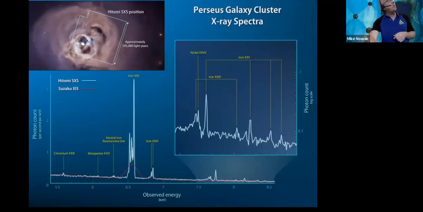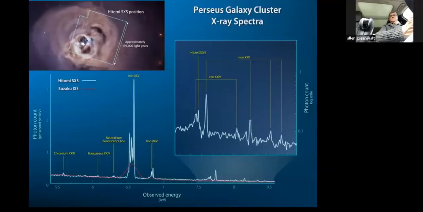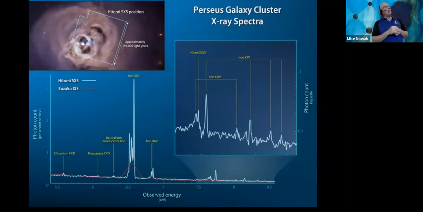And this is what the spectrum looks like in that particular region. That is that iron line there. It's a little hard to see, but if you look around the iron line, you see this faint red dot there. That's the resolution that you can get with the CCDs. But the calorimeter is the bright white line, actually a set of lines there in the middle. That line there in the red is actually multiple lines.